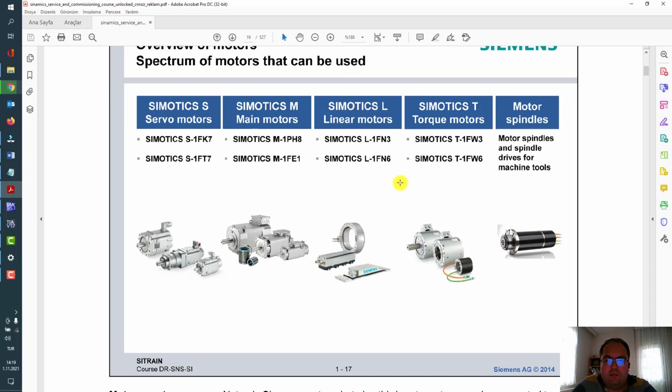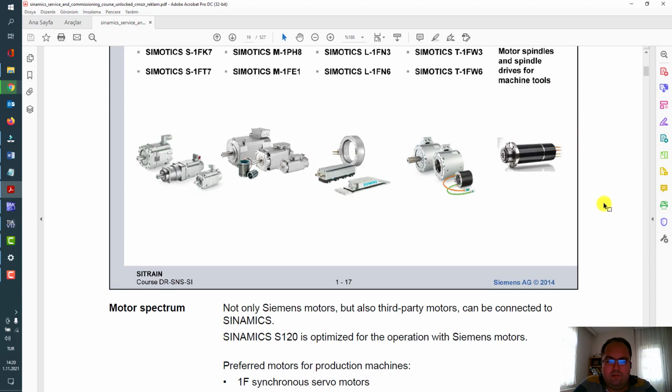For special cases, linear motors, Simotics L, 1FN3 or 6 is ready to use. For main motors, like in old flywheel presses, retrofit or revision, or with servo presses, for example, torque motors with 1FW3 or 6 are available. Also for machine tools, spindle motors are available.